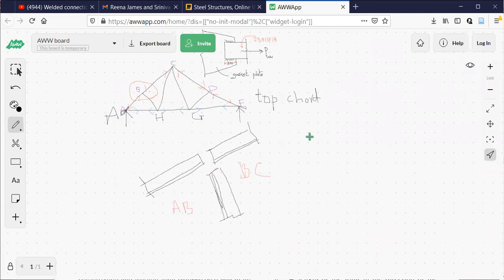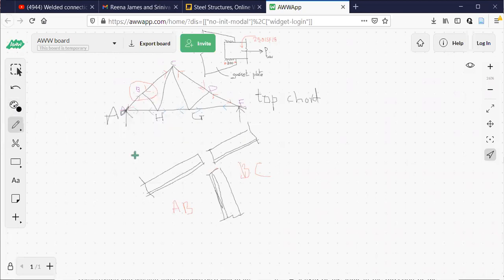Now I have to connect these three members at a common point. How to do that? My job is to connect these members. Whatever the B joint is, that is enlarged here. Now, how do I connect these three members? I have to use one more flat plate. On that plate, I connect all these members, and that plate is the gusset plate.